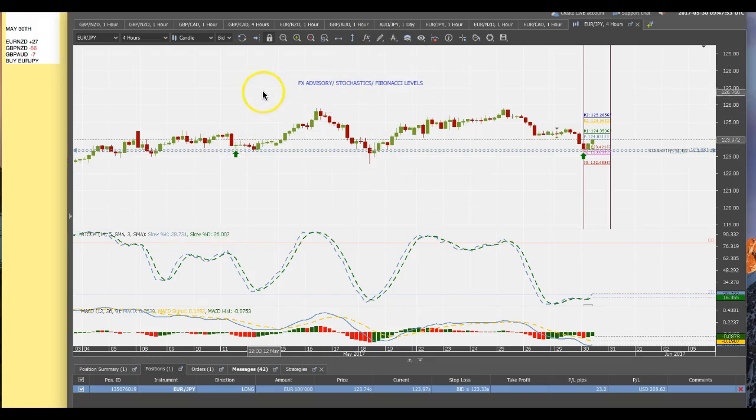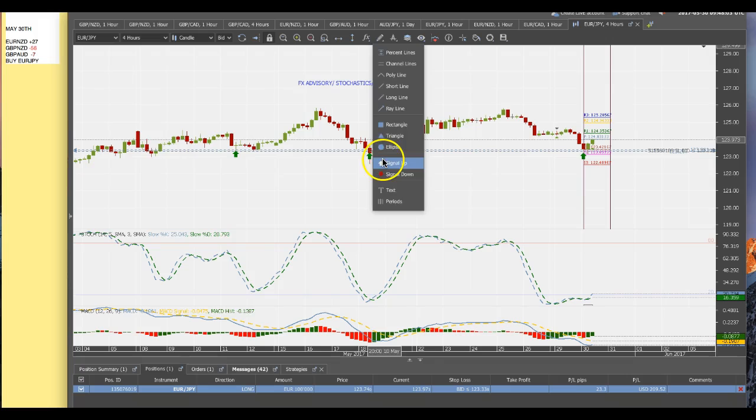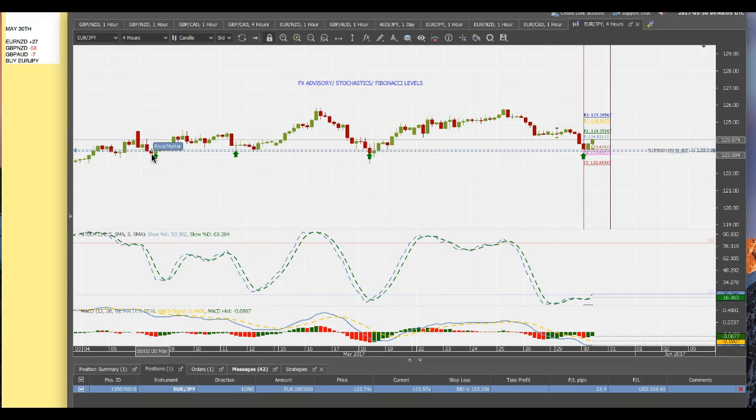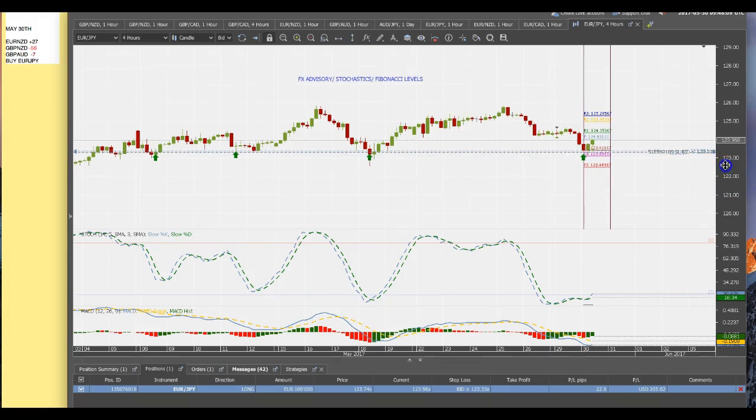of support back on May 11th, then again on May 18th, and even prior to that, over here back on May 8th. So these levels of support, very difficult area to breach on Euro Yen. Also, I noticed that if I take my Fibonacci tool and I draw from this swing low all